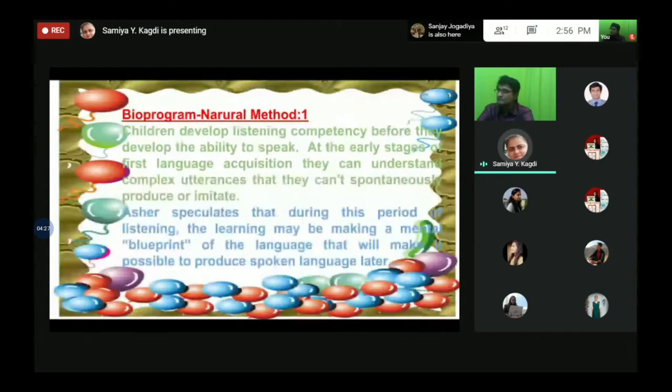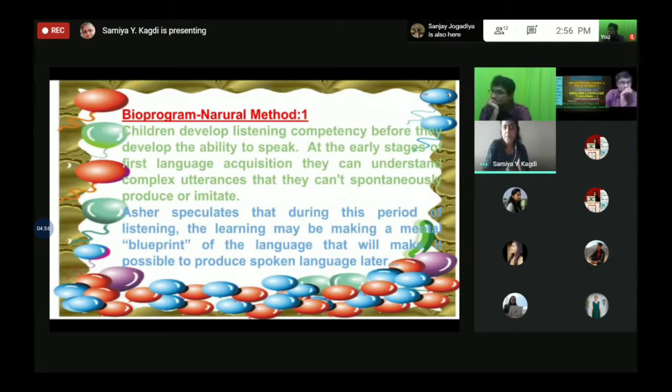As it is written here that at the early stages of first language acquisition, they can understand complex utterances that they can't spontaneously produce or imitate. And it is framing a blueprint-like image in our mind, and through which we are understanding the message. I can say that in a visualizing manner, and then when it is coming to produce, it is in our unconscious mind, and when an event or situation occurs, it is seeking an outlet,